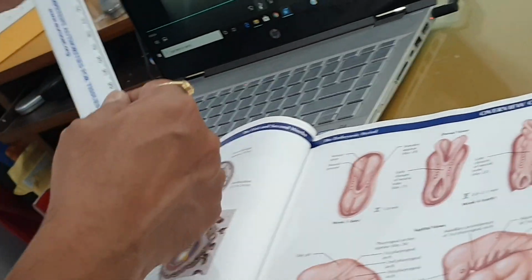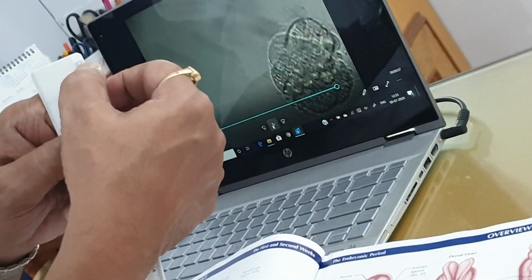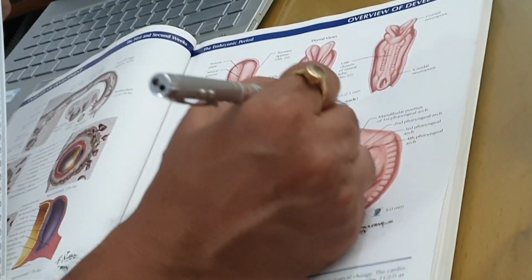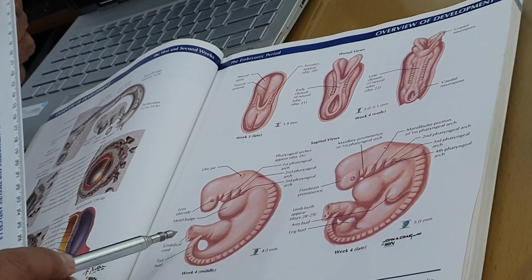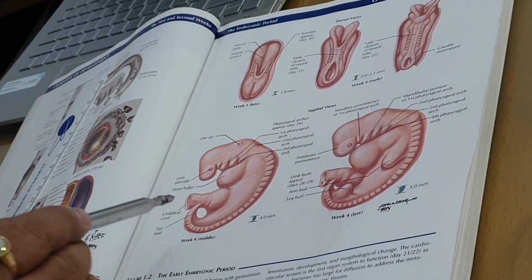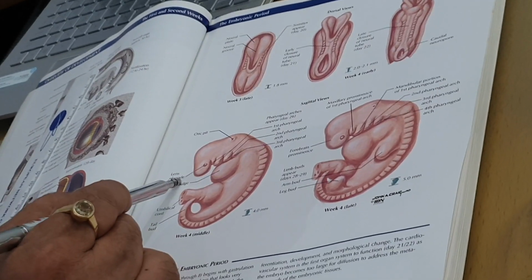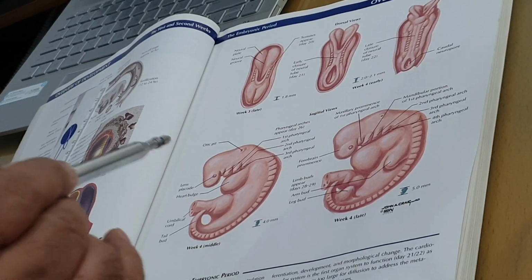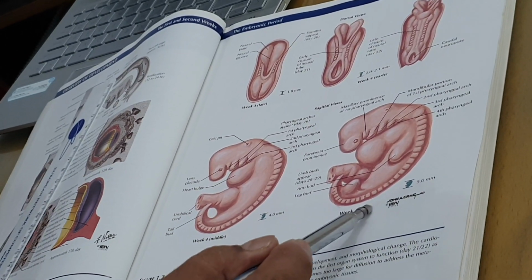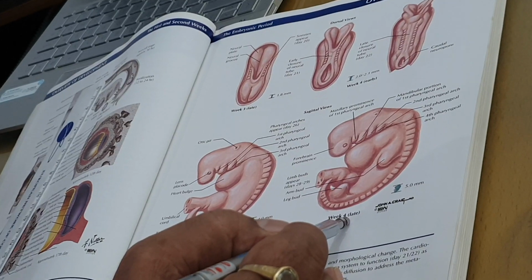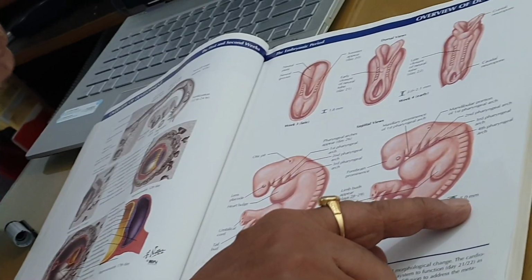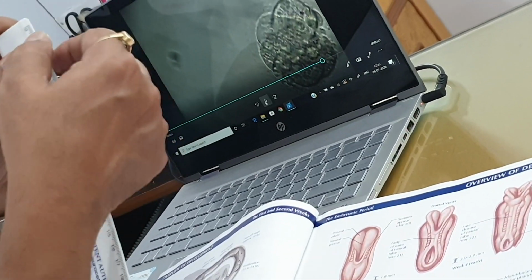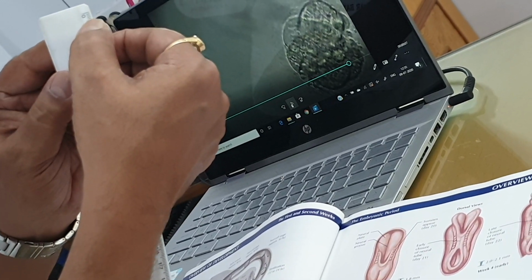You can see this is the millimeter and centimeter scale, and these are the millimeters. This is the small thing which happens, 1.8 millimeters, and gradually after about 1 more week, at 6 weeks, the baby looks like this. At 6 weeks you can see there is a tail sort of thing and a heart bulge. At 6 weeks, 1.5 months from the last period, we call it a pregnancy of 1.5 months. It becomes 5 millimeters, so it is this size.